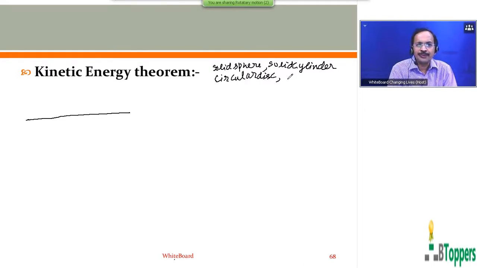So one of these regular objects, or a thin uniform circular ring of mass M and radius r, is performing both translational and rotational motions. Of course, in normal language, this is rolling. That means it simultaneously performs both when it rolls on a fixed surface. First, I consider the case where the body rolls on a fixed surface.